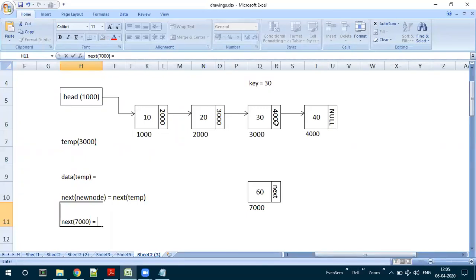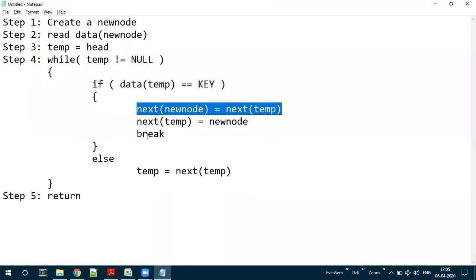It is 4,000. So next of new node equal to next of temp, that is, next of 7,000 has to be updated with 4,000. So now in the new node, the next field has been updated as 4,000. So the first step is this one.